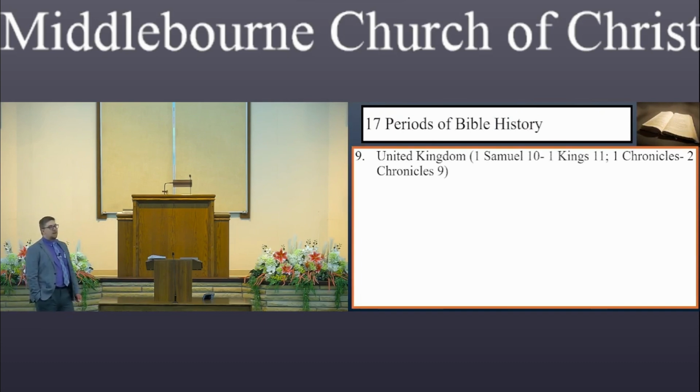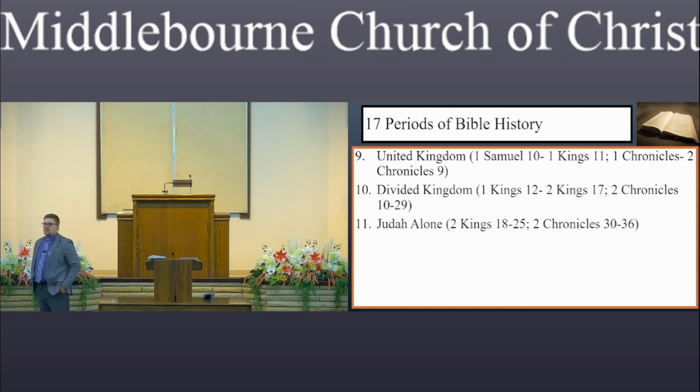So then we have a period where there's a king or a kingdom, not just a nation, they're now a kingdom. But we can't just say the kingdom, because remember, there's an event where the kingdom divides. When Saul and David and Solomon are king, the kingdom is united. So we've got the united kingdom. That starts in 1 Samuel 10. They asked for a king, I think in chapter 8. He's anointed in chapter 9. I think chapter 10 is when he officially becomes king. He may be anointed in 10, but it's somewhere around that time frame. That goes through 1 Kings 11.